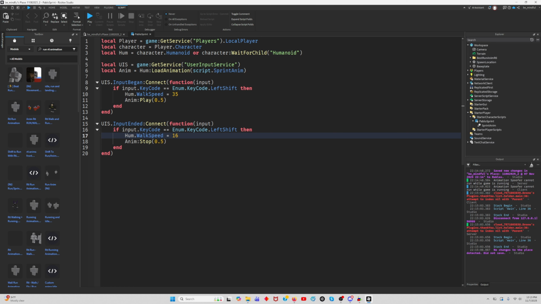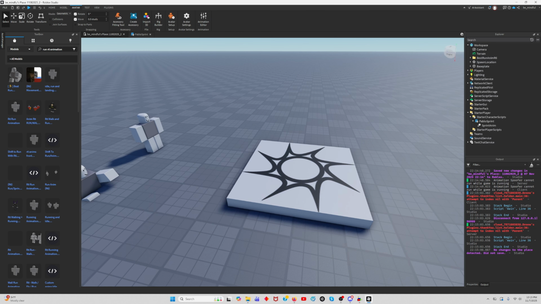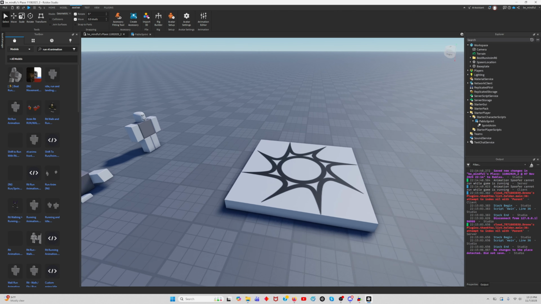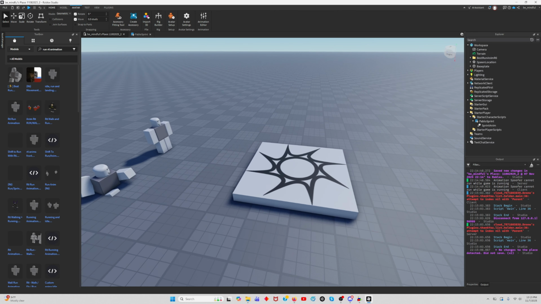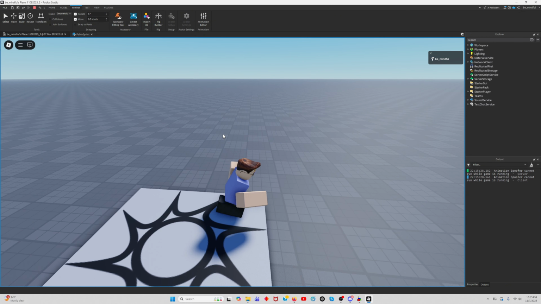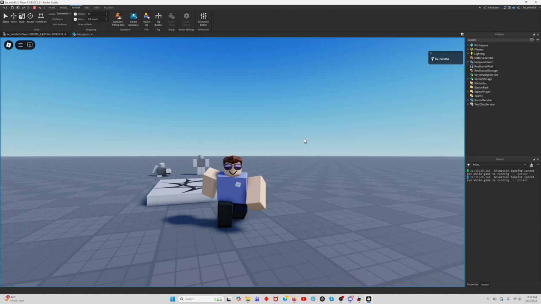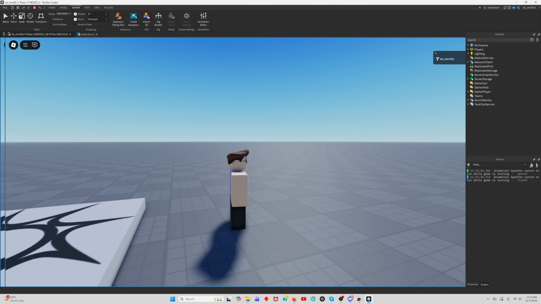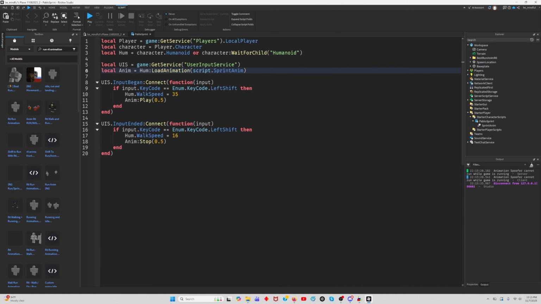Oh, yes, okay. So next we want to check if the character presses W and S or just stops. We want the animation to stop so that you can't just play the animation while you're stopped, which in case you're wondering looks like this. Yeah, you can just play it while you're stopped, and that's not really something we want. So, we want to do if